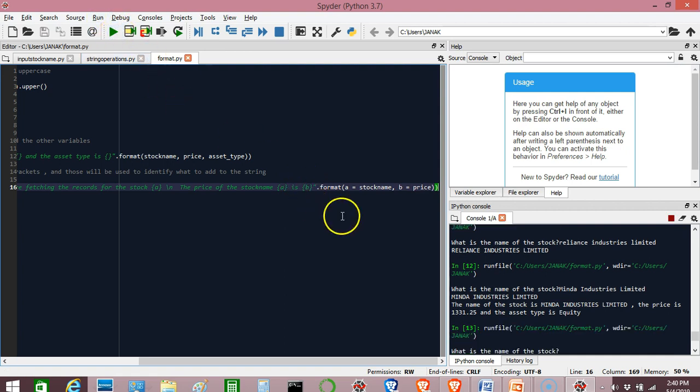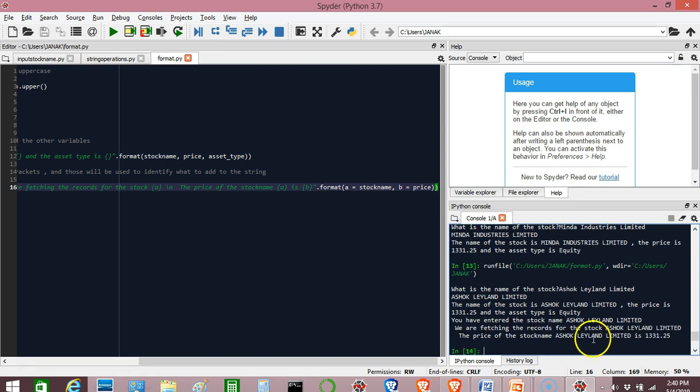So when I run this, again it is asking me what is the name of the stock. This time I'm going to put Ashok Leyland Limited. So it will run the whole program, but look at this. The last 3 lines are what we are concerned with. You have entered the stock name Ashok Leyland Limited, then there was a \n, which means you go to a new line. So it went to the new line saying we are fetching records for the stock Ashok Leyland Limited. Again there was a \n. Again it went on a new line, and it says that the price for the stock name Ashok Leyland Limited